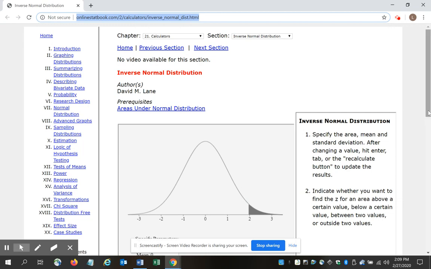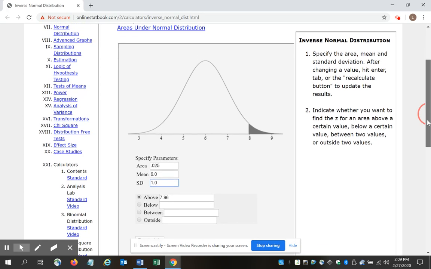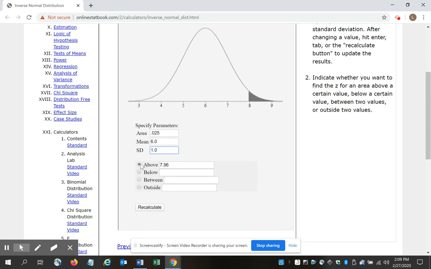and in the calculator for the inverse norm, you have to enter the area that you're trying to exclude, which for us is the 2.5%, written as a decimal is 0.025. We enter the mean, which was 6 inches. We enter the standard deviation, which was 1 inch. And I want to be above that cut score. So I click the button next to above, and in the little box next to it, it says